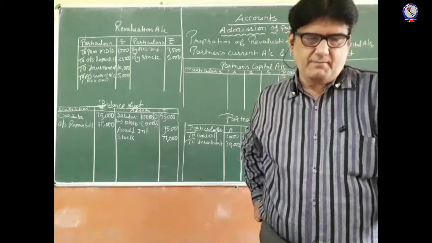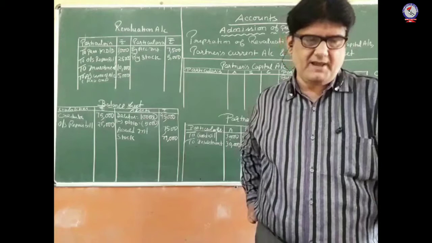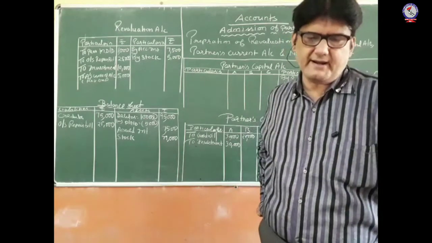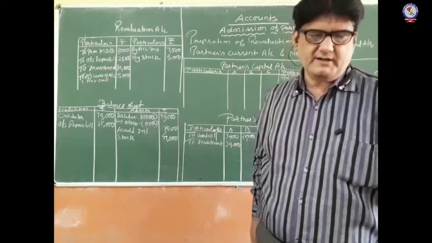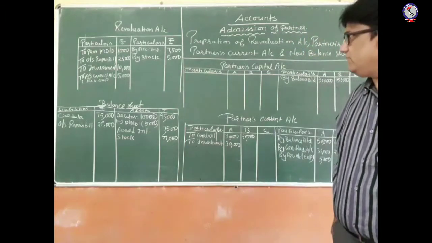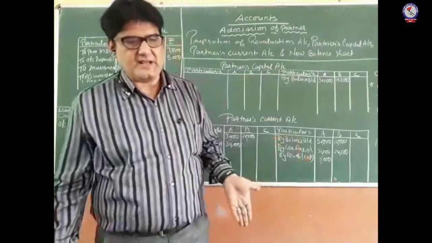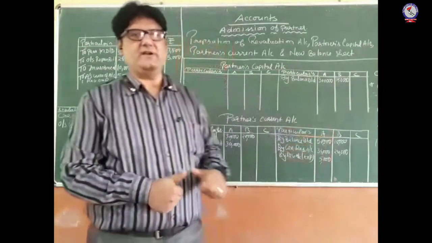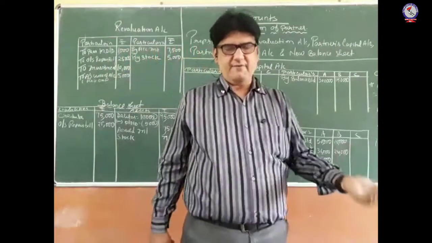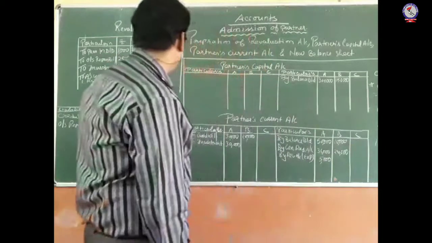C is to pay an amount equal to his share in the firm's goodwill, valued at twice the average profit of the last 3 years ending 31st March 2020. The profits were 150, 130 and 125 respectively. So we have to calculate the amount of goodwill on the basis of 2 times the average profit of the last 3 years. We will calculate the goodwill first by the average profit method.